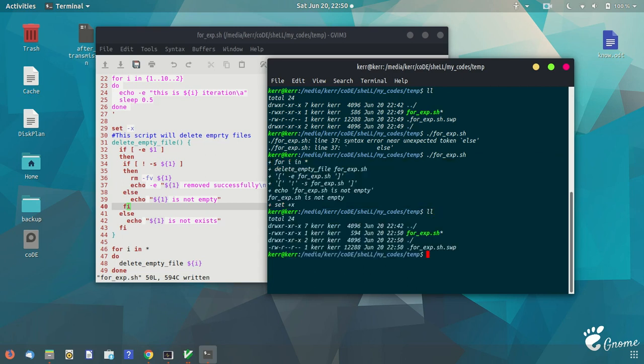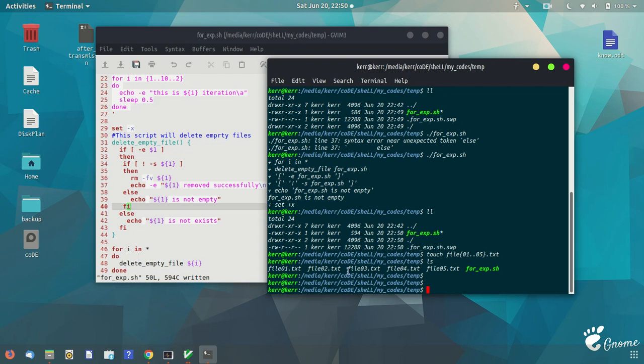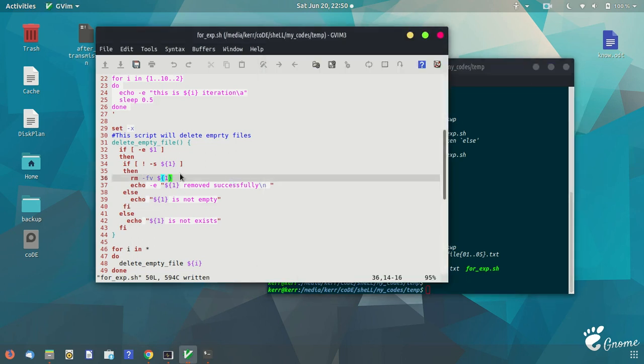So let's create some dummy files, and then I will use this script within the whole directory. So whatever dummy files I create, the script will apply on those dummy files. Okay, let's create some dummy files. Touch file, let's create 5 dummy files from 01 to 05. Okay, so 5 dummy files have been created. So I will check one condition at a time. Okay, so let's check the first condition, whether the file exists or not.